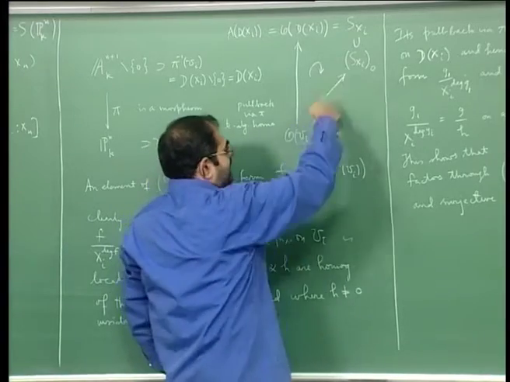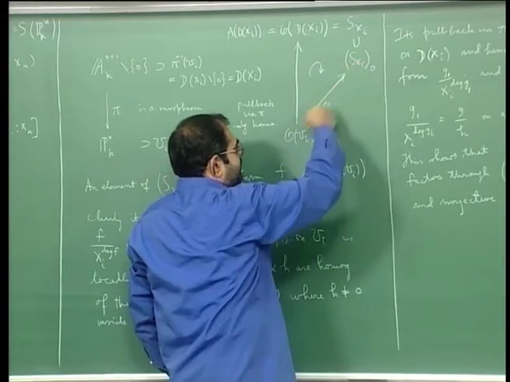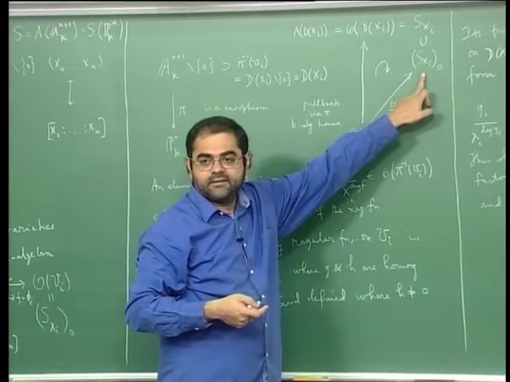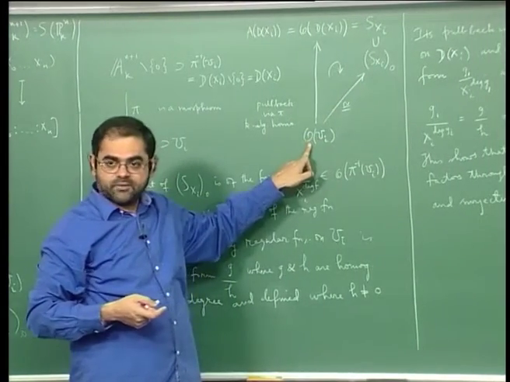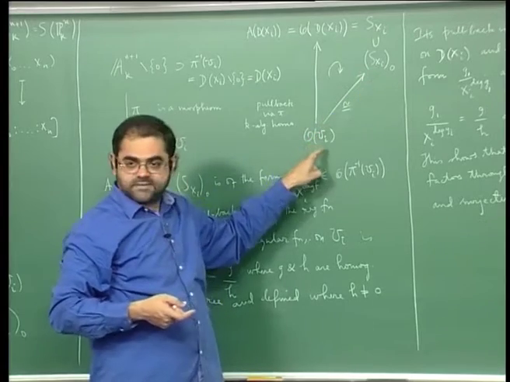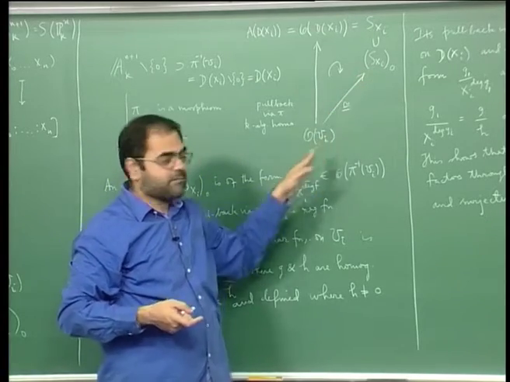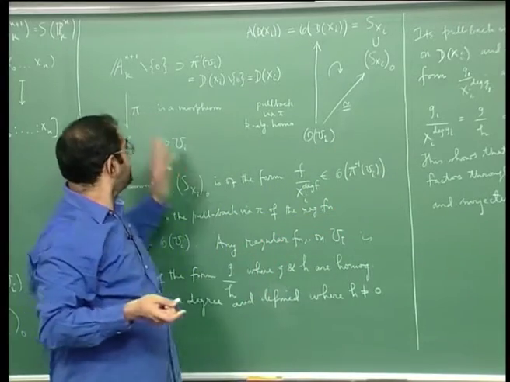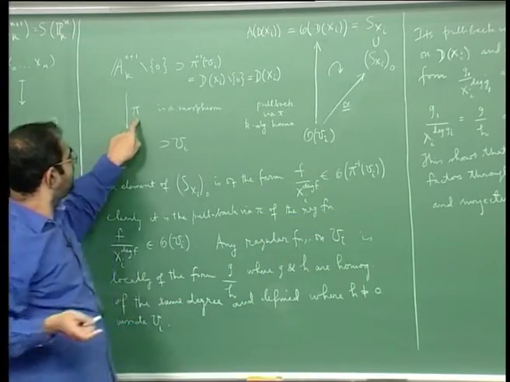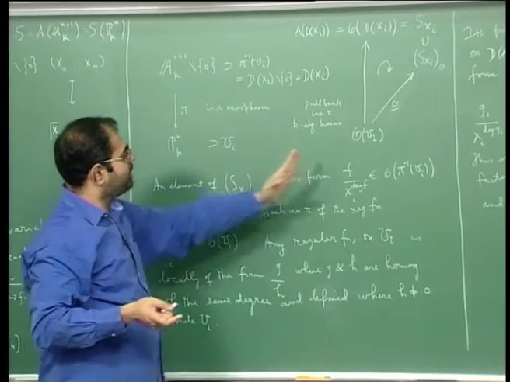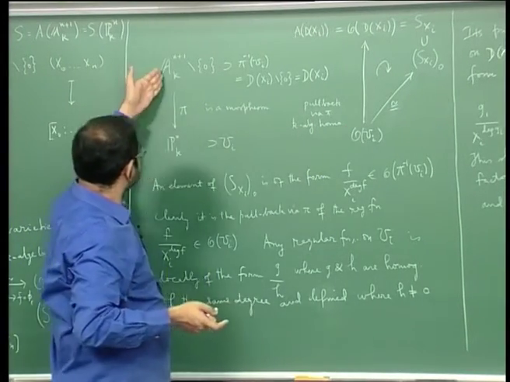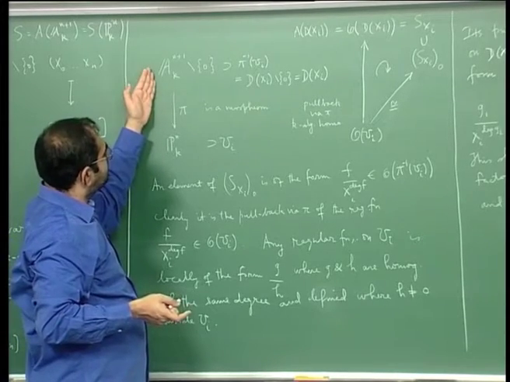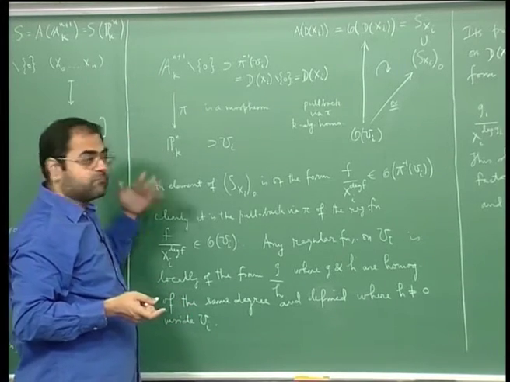And then you can check that if you do it like that, you are just defining the inverse map. You start with an element here, it defines a regular function below, and then you get a map like this. You can check that that map is also an isomorphism for the same reasons. The way I have done it, I have just used the pullback. I am just saying that this morphism, which corresponds to the natural quotient of punctured affine space to projective space, if you take the pullback,